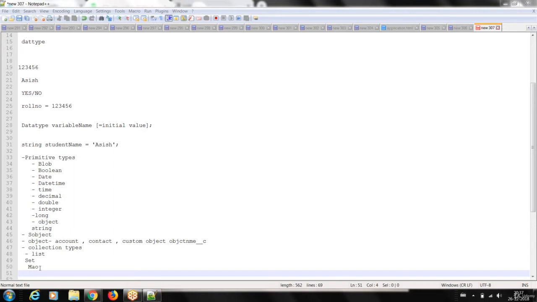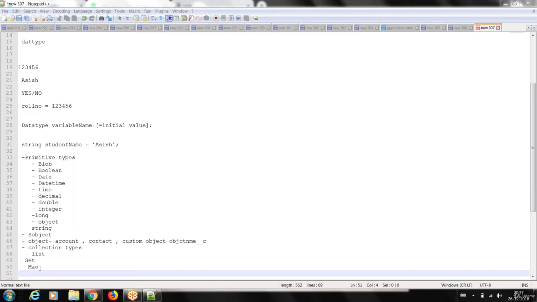Okay, so now see, if you write any program at any moment, you have to store some data to process the logic. Let's say I will say, okay, get me a list of account records where account rating is hot, and after getting those records, process XYZ logic. When you get those records, you have to store them somewhere.